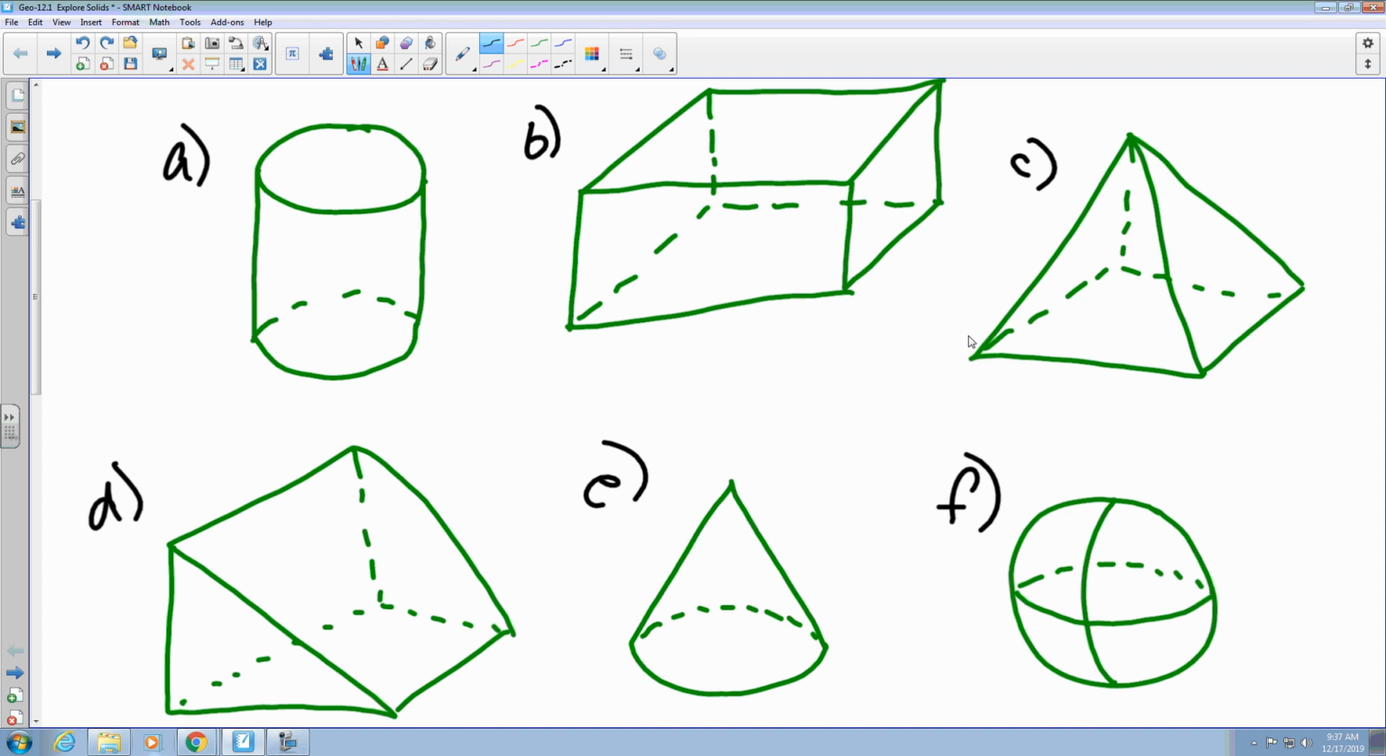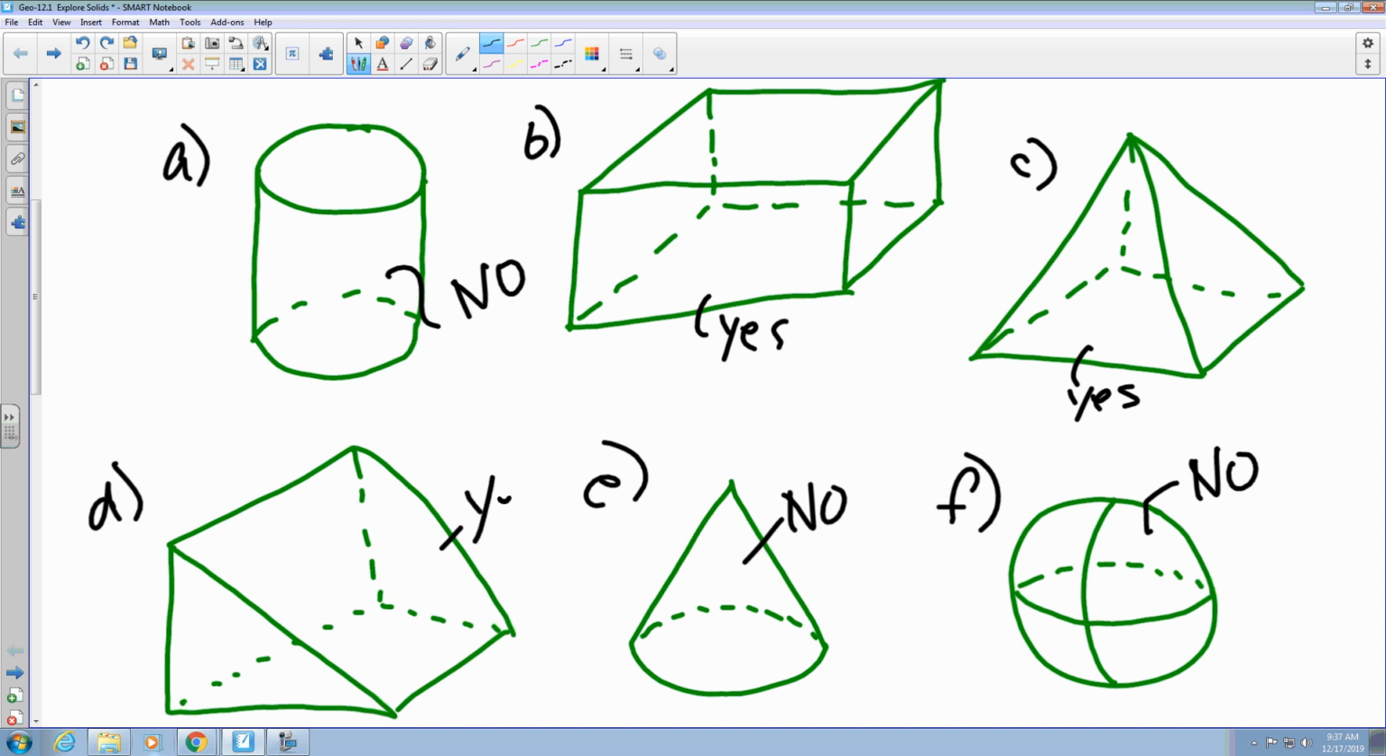So the ones that are not polyhedrons are anything that has some type of curvature to it. So this sphere is not, so this would be no. This cone right here would be a no, and this cylinder here would be a no. Examples B, C, and D are in fact